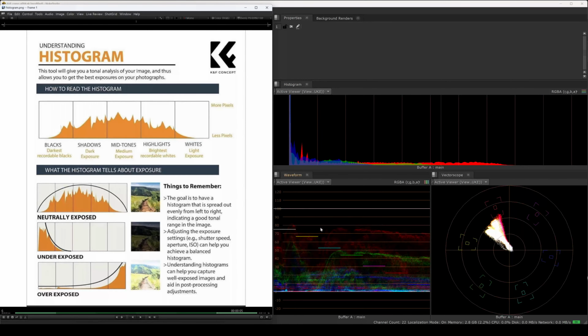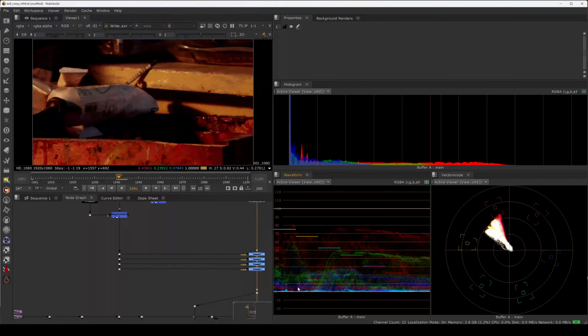And also here, you see here, this is for the waveform. This is the